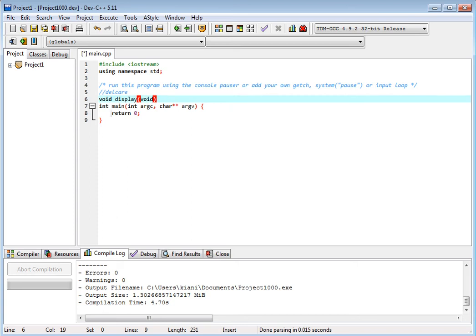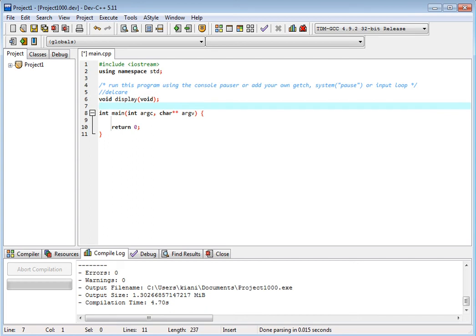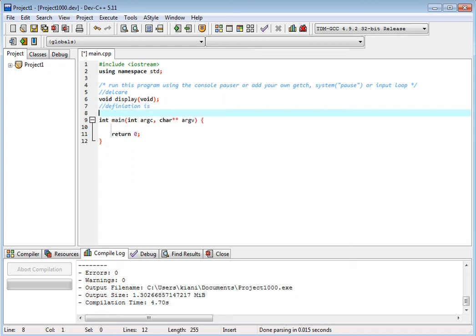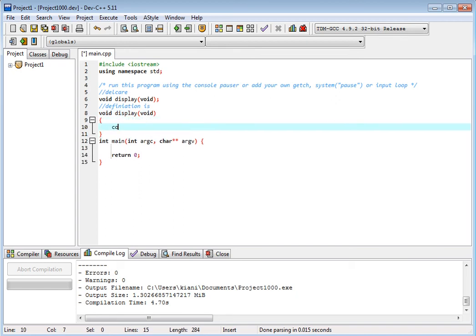This is the declaration. What is the definition? We use void display, and we use cout less than less than welcome to function in C++.